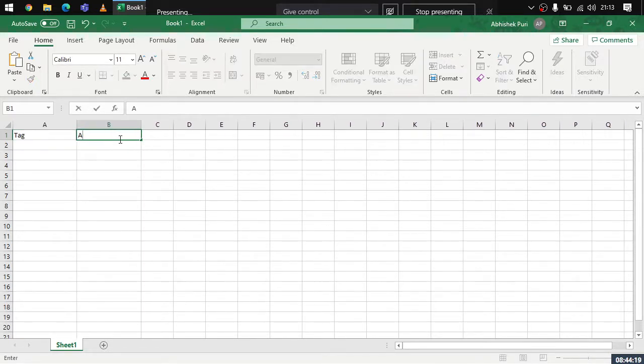And say that information carried by a tag is an attribute, right? And say type. Actually, type should be here. Element type, then here tag, and then say attribute, right?